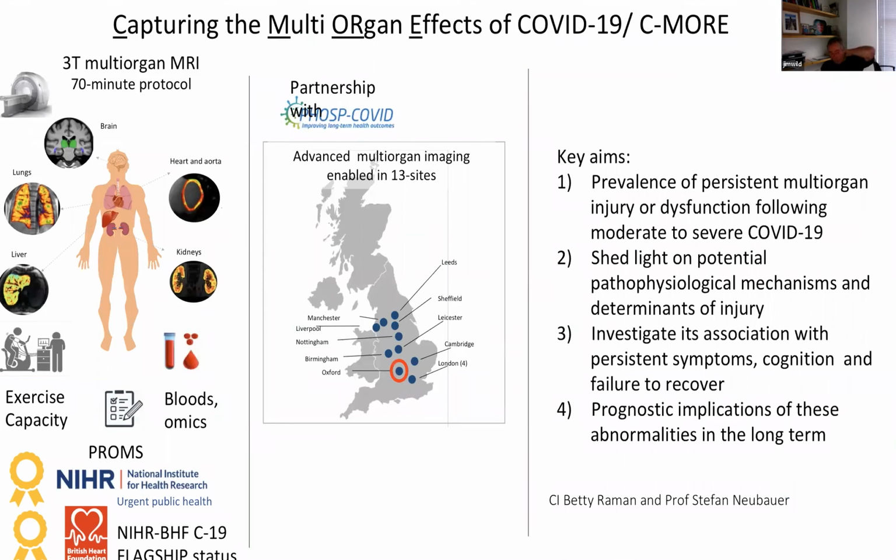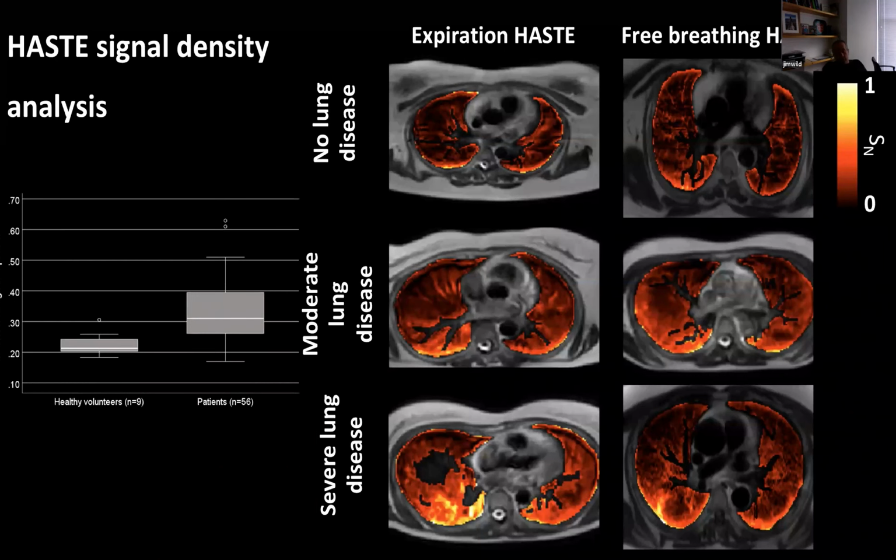This is the multi-organ scanning protocol that was coordinated by Betty Rahman, a cardiologist in Oxford. This was all done on 3 Tesla scanners, and there we've got quite a comprehensive protocol to look at post-COVID abnormality in all sorts of organs: brain, heart, kidneys, liver, lungs. Sheffield are the core imaging lab there for the lung imaging. So there we've done what we call fast spin echo HASTE imaging, looking at structural abnormality,